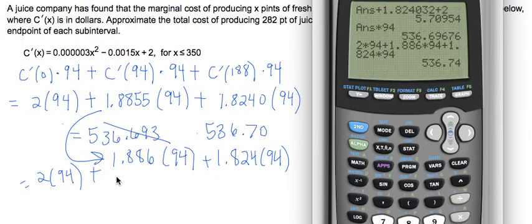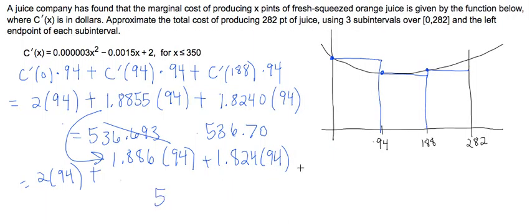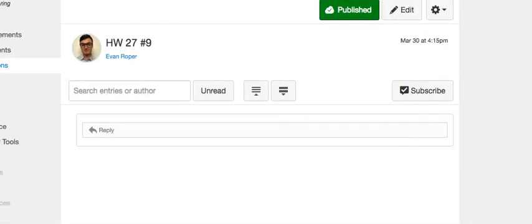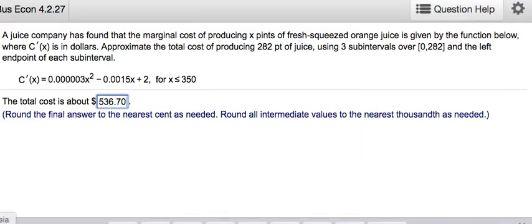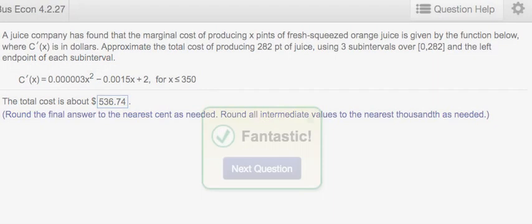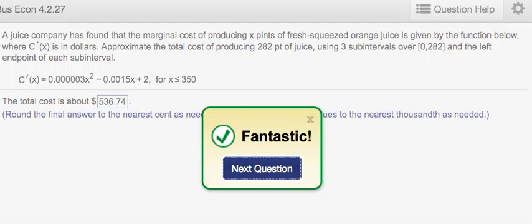Okay, it comes to 536.74. Let's try that one. It's all about following the directions. 536.74. There we go. So round the intermediate values to the nearest thousandth. I would not actually have you do that on a test, but